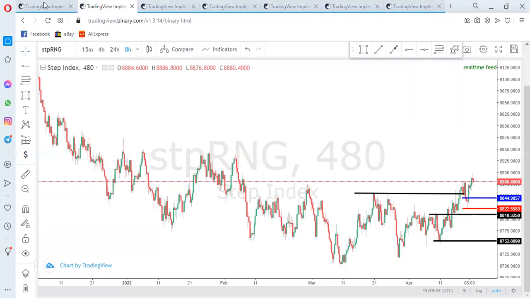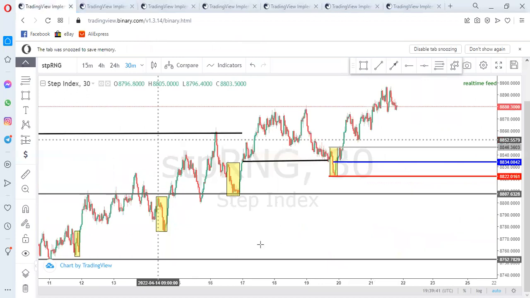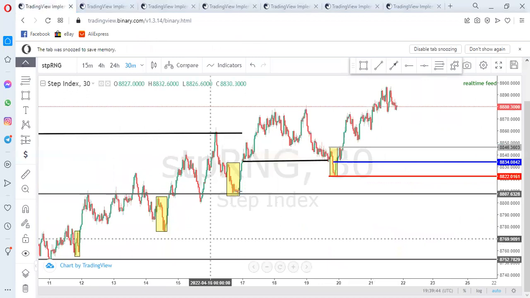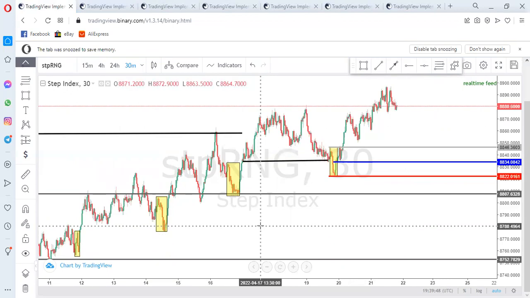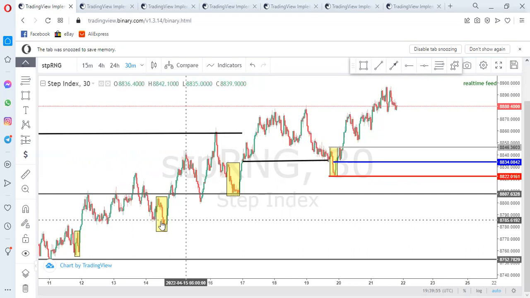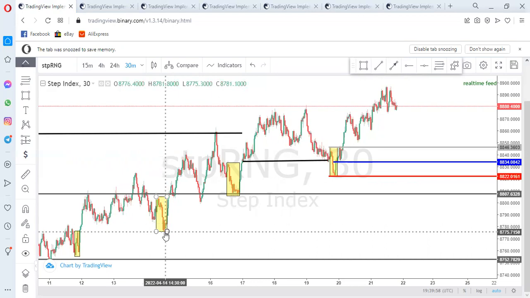Let me show you clearly what Step Index is actually doing. Look at all these areas that I marked yellow. They are my institutional candles. Don't get it twisted. Most people looking at institutional candles only look at the last sell candle. But